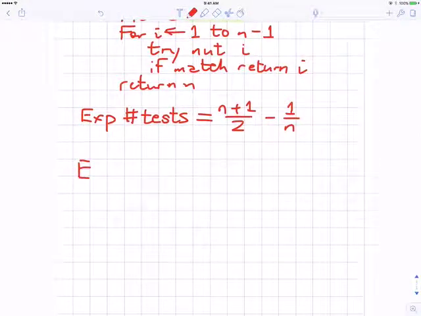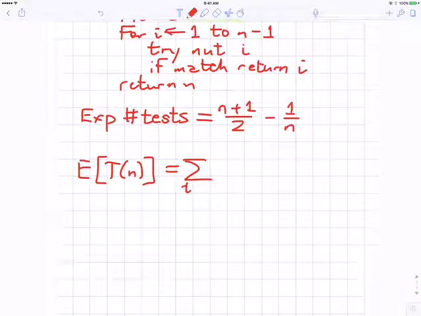So I'm interested in the expected running time. In this case, I don't really have different inputs of size n. I have n nuts and n bolts, and it's the same. So I don't have different x's to try. The max part of it isn't that interesting. So I can look at just one of the ways of defining